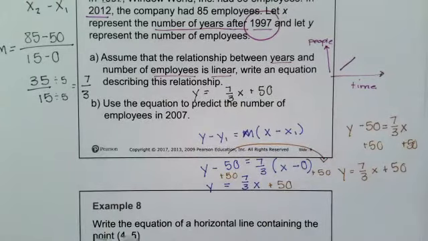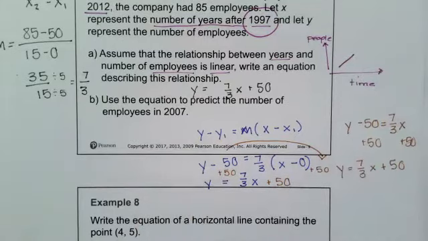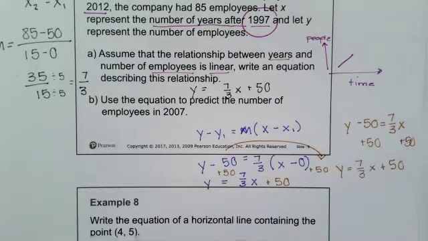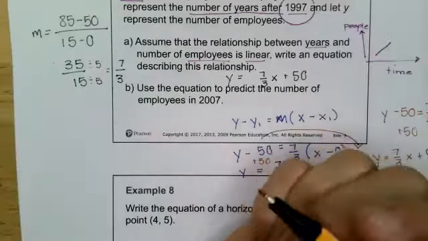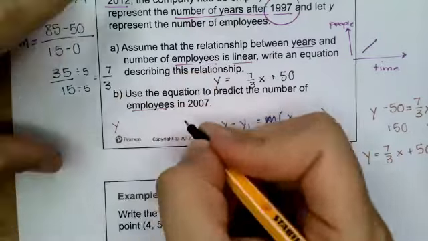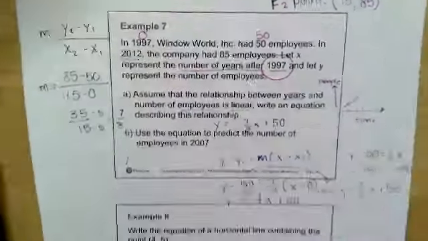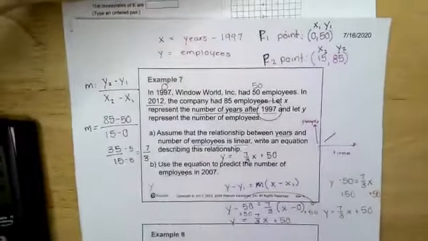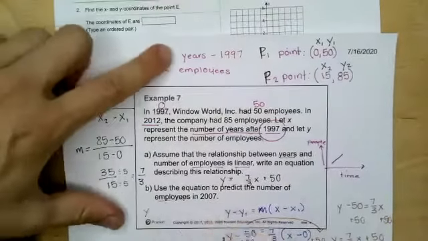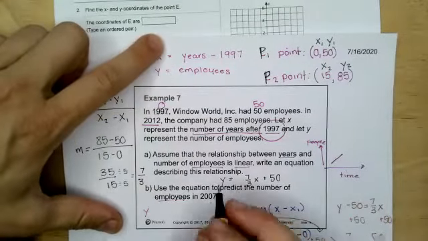And the number of employees in 2007 means we would use a negative number. Yeah. No, 1997 and 2007. So that would be a 10. So y is what we want to know, the number of employees. Sorry, this is way too low. Number of employees is what we want to know. And then 2007, the year since 1997,